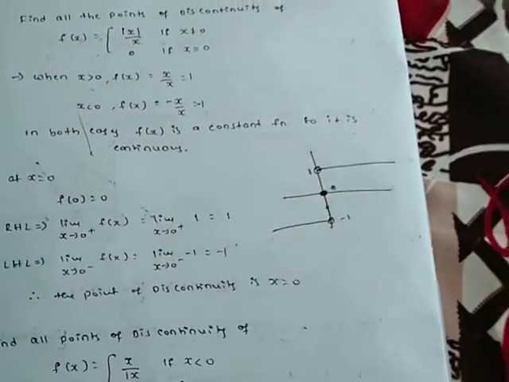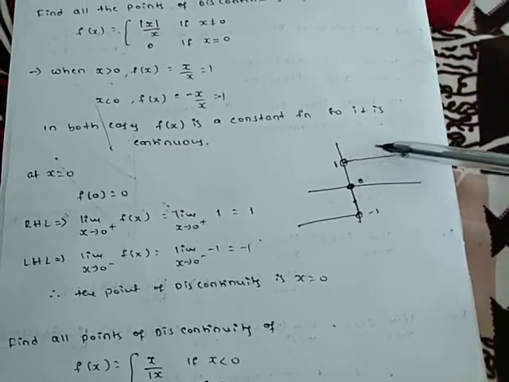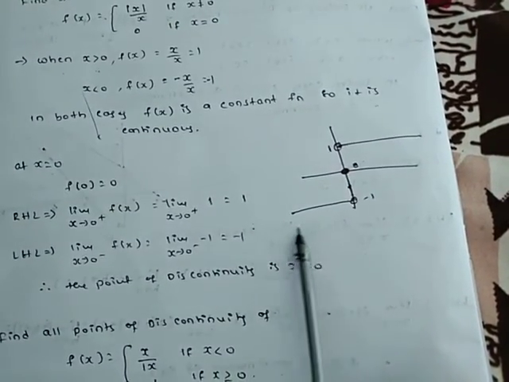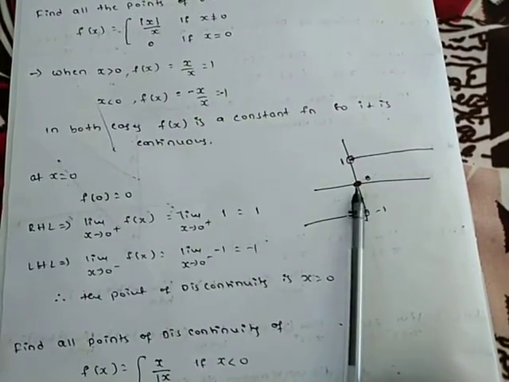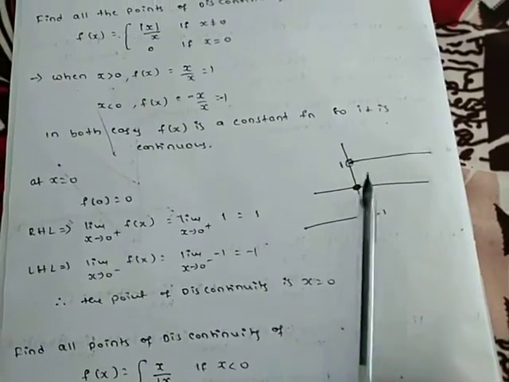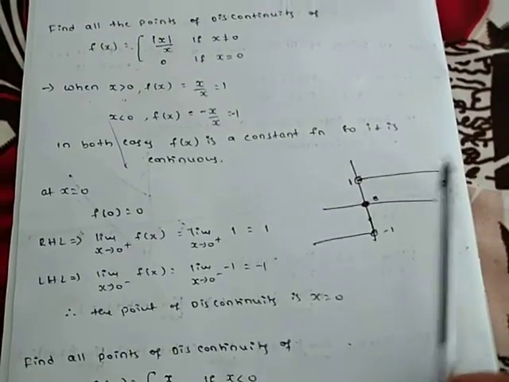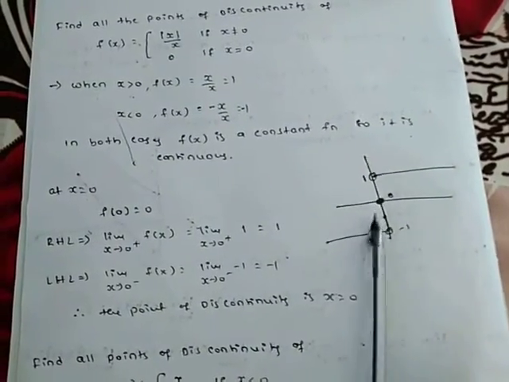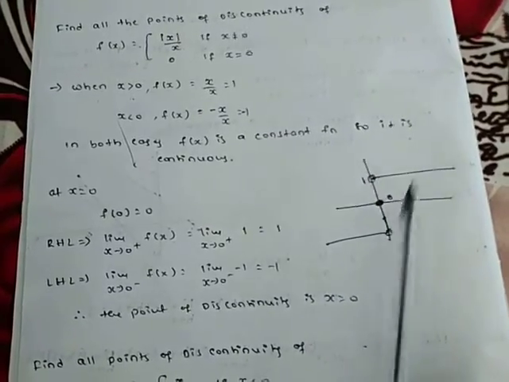Observe the graph here. For all x greater than 0, it can be drawn like this without lifting the pen. For all x less than 0, we can draw a graph like this without lifting the pen. At the particular x equal to 0, the function is going to be here. So it is a discontinuous function at x equal to 0. If we have only the part greater than 0, we can say it is continuous, and if it is less than 0, it is continuous, but at the particular point 0 it is discontinuous. So the point of discontinuity is x equal to 0.